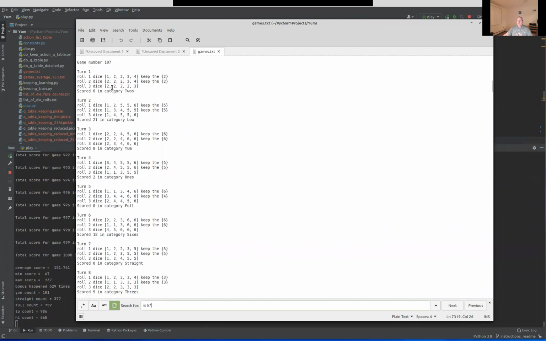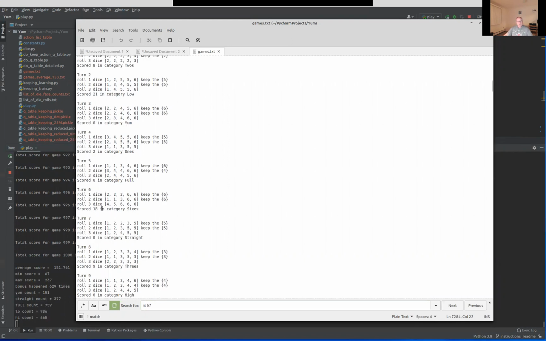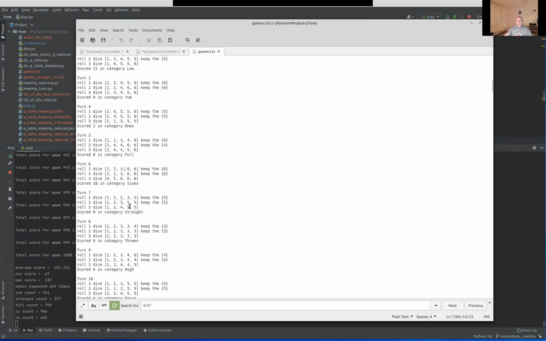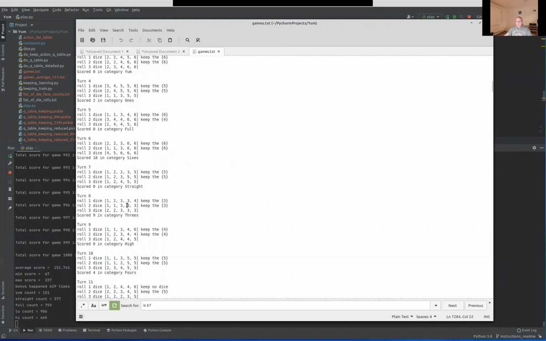And turn one, just going to go quickly here. So he scored 8 in the twos, which isn't bad. He scored the low. Okay, he scratched the yum, scored 2 in the ones, scratched the full. He scored 3 sixes, which is not bad, 18. Here, unfortunately, he had to scratch the straight. Scored 9 in the 3s, so you can tell that it's a bias towards the bonus, because he's doing still not so bad